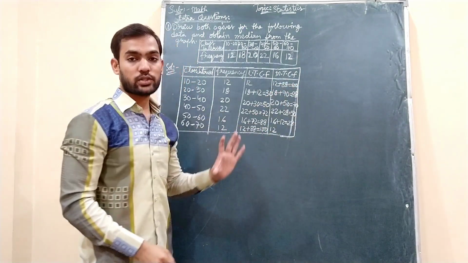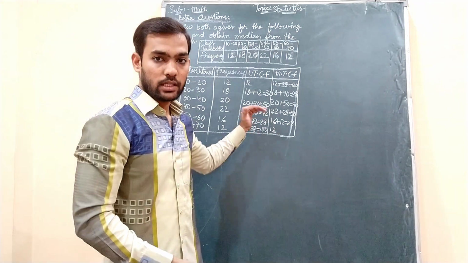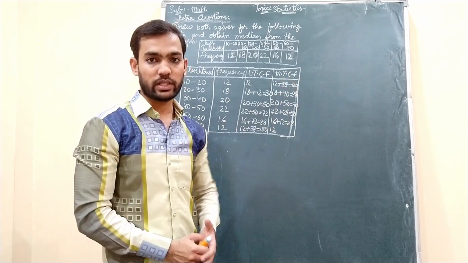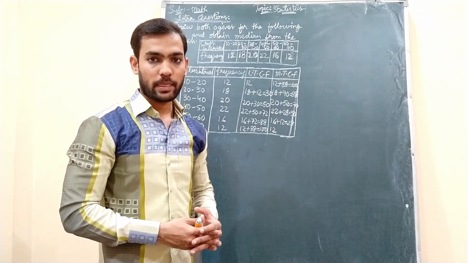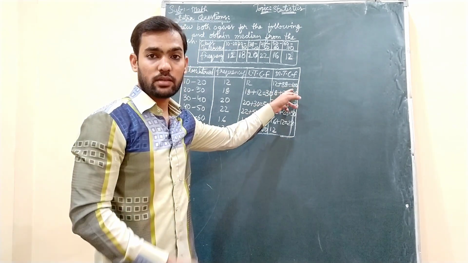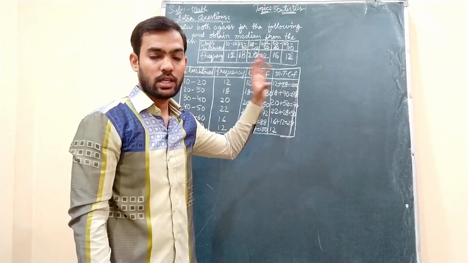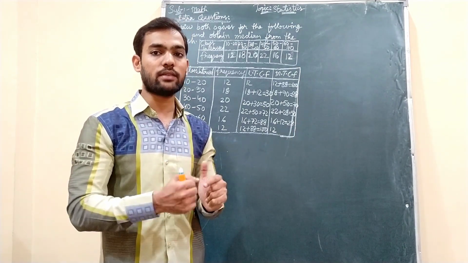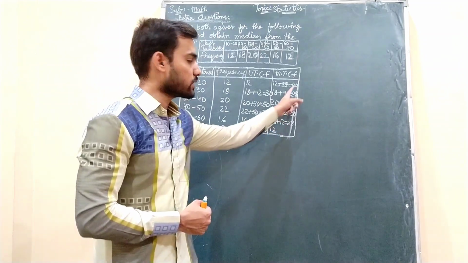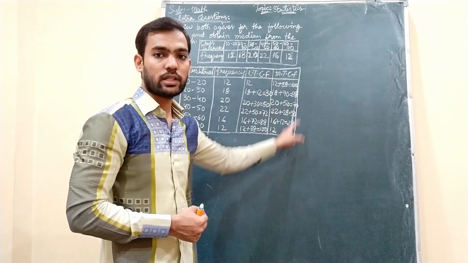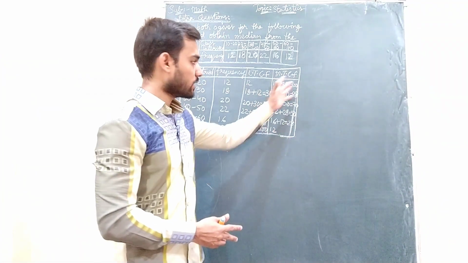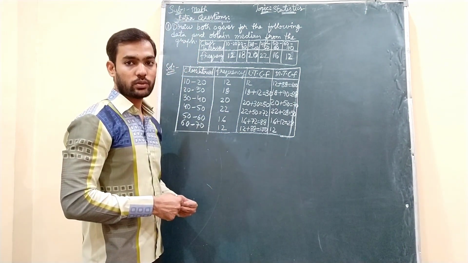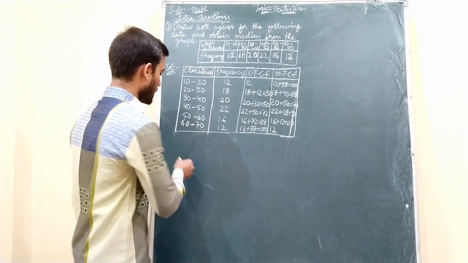This 100 you should get the same, which means the total at the last in less than cumulative frequency and the total at the top in more than cumulative frequency should be the same. Sometimes you will get a somewhat different answer over here. So it indicates that somewhere you have committed a mistake. So by seeing this you can clarify your mistake. Okay, the two totals should be the same. So we got the same over here. Now we will proceed to writing the points so that those points can be plotted on the graph.